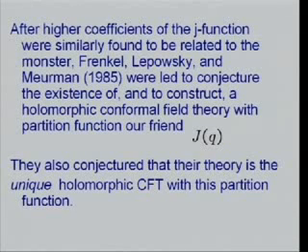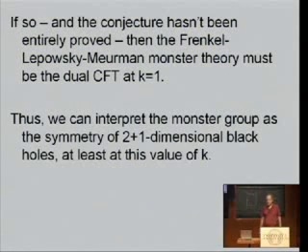And Frenkel, Lepowsky, and Meurman constructed, well, first conjectured and then constructed, a holomorphic conformal field theory whose partition function is our friend capital J. They also conjectured that their theory is the unique holomorphic CFT with this partition function. If that's right, and if holomorphic factorization is also correct, then the Frenkel-Lepowsky-Meurman monster theory must be the right one at k equals 1. Well, if c equals 24 or k equals 1 is a valid value for quantum gravity, and if holomorphic factorization holds, that second one is a big if, perhaps, then the Frenkel-Lepowsky-Meurman theory must be the right one. So we can interpret the monster group